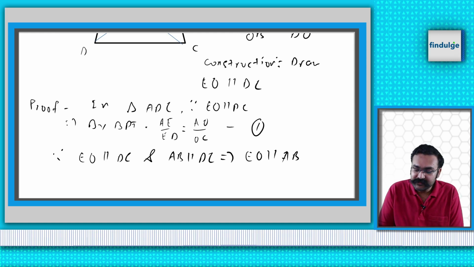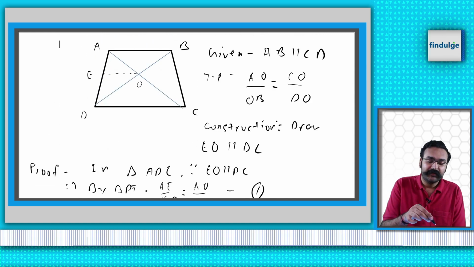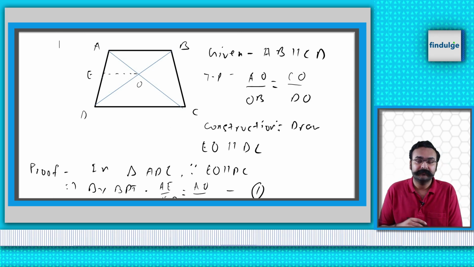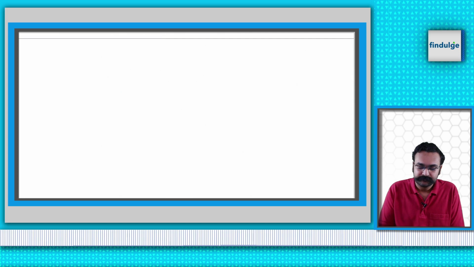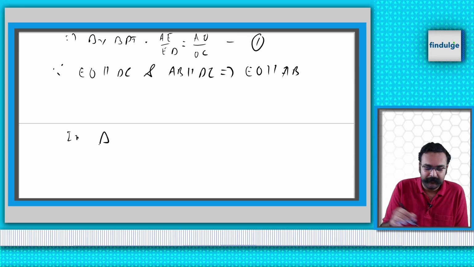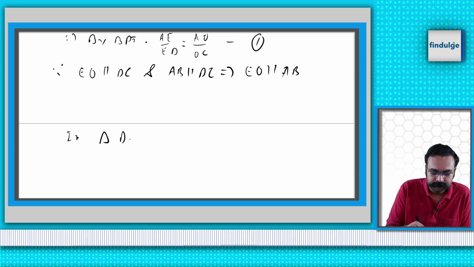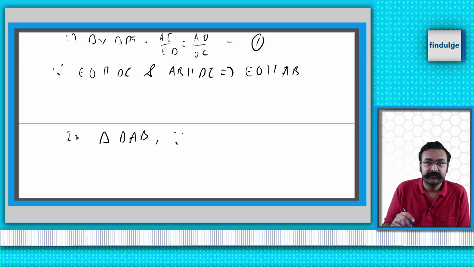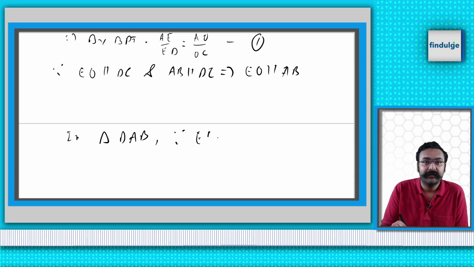We will use this in triangle DAB, since EO is parallel to AB,